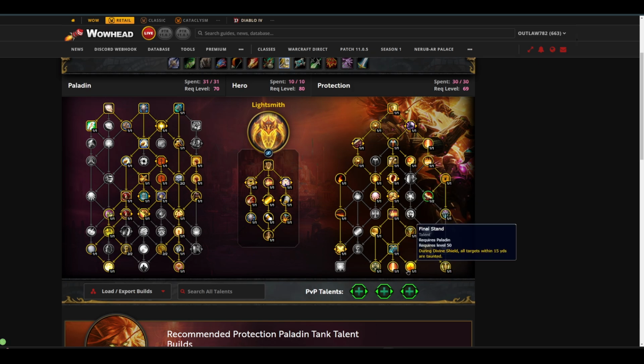The last thing I'm going to talk about is Final Stand. So Final Stand, during Divine Shield, all targets within 15 yards are taunted. So typically, when you Divine Shield, you drop threat on all the targets around you. With this talent, this allows Protection Paladin to bubble in the middle of a pack, taunt everything to continue to attack them. This way, you don't drop threat, and people around you don't get killed due to the mobs attacking them. So very important that you know how that works, because you will be utilizing that quite a bit